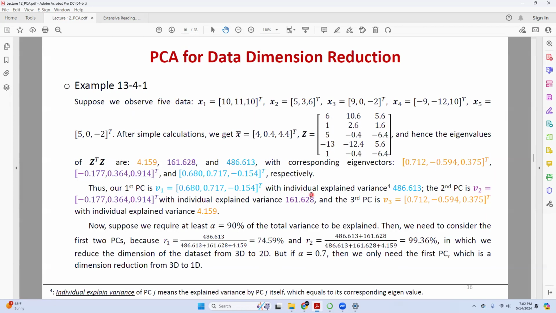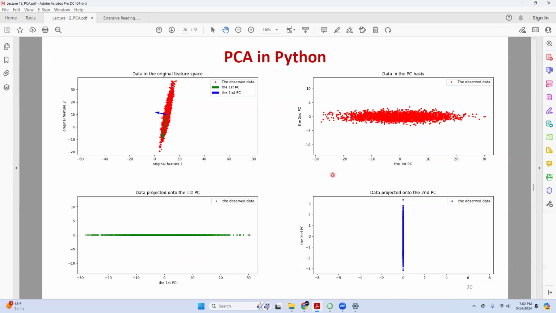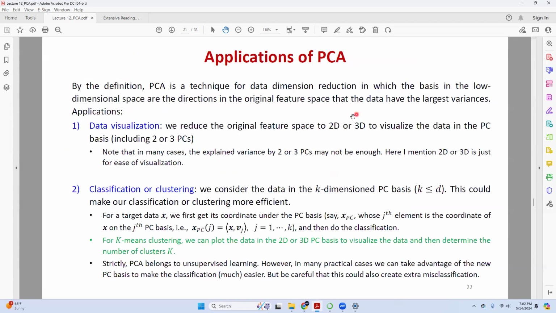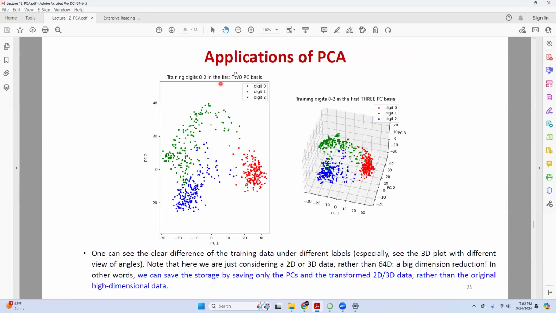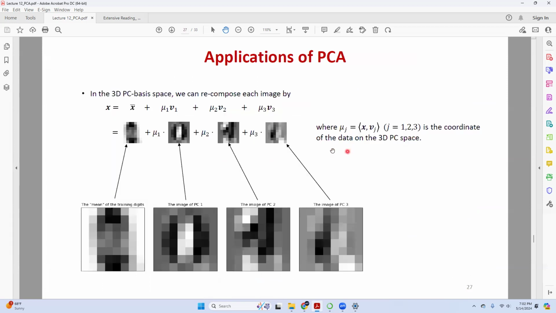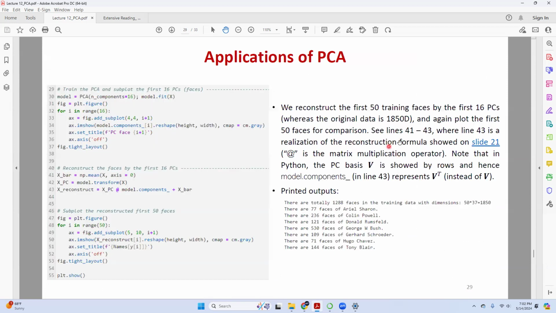So that's the thing. Okay, due to the time limit, I'm gonna stop here. In the next class, we will see how we can code it, and we can see something interesting. Which is, for this PC, we actually need a very small dimension of data. We can see the big difference already. And another thing is the famous face recognition. We'll formally cover everything in the next class.